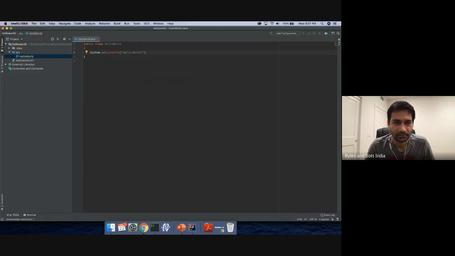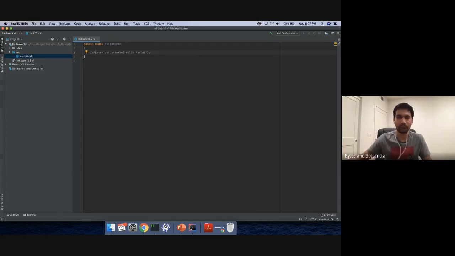So that's one simple program right there. Well, that will not work actually. Take it back. Just go to the beginning of the line and put 2 forward slashes. That comments it out. So we'll come back to it.